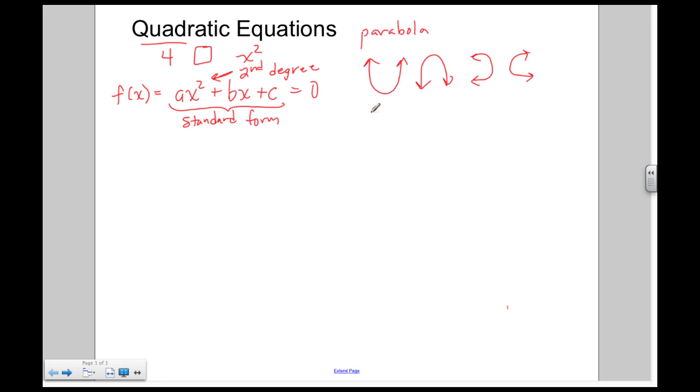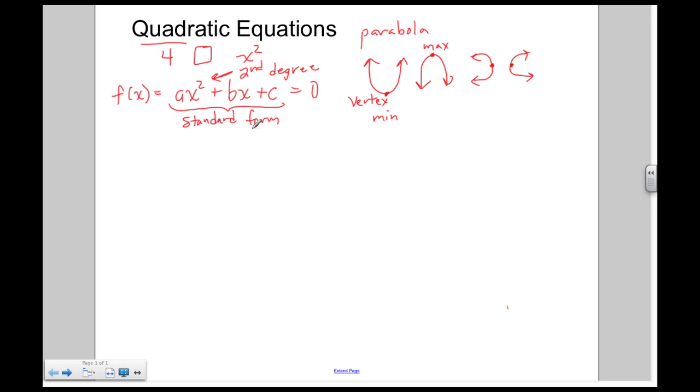With these parabolas, they have a number of different properties or characteristics, but the one in particular we're going to talk about here is called the vertex, or in plural, the vertices. So these dots here for each one is the vertex. If we're talking about this first parabola, the vertex here would symbolize a minimum because it's at the bottom. The vertex here would symbolize a maximum because it's the highest value. For this parabola here, it'd be the rightmost value, and for this one here, it would be the leftmost value.